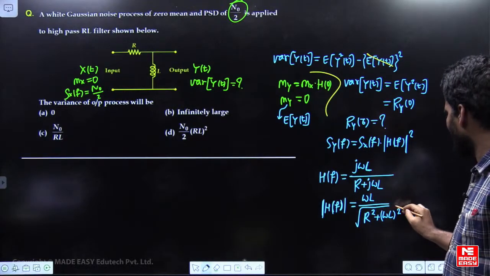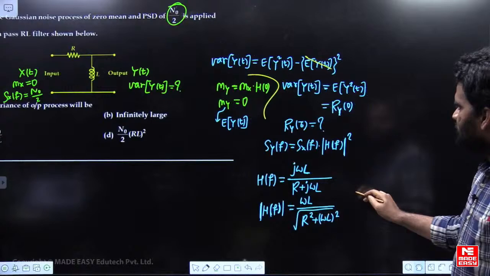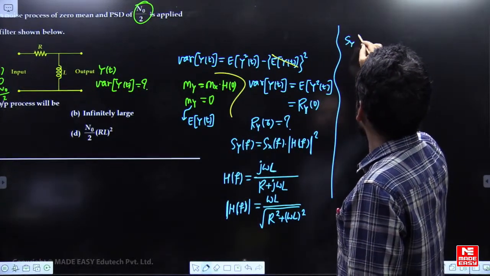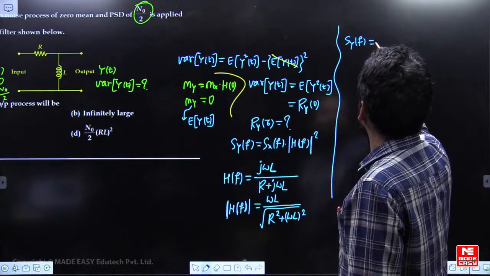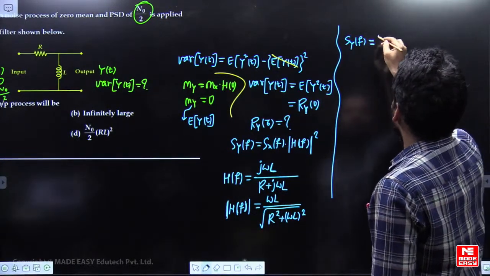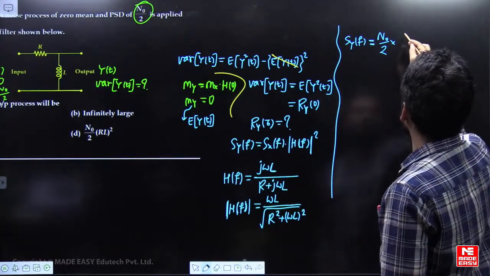Then the output PSD, Sy(f), is equal to Sx(f), which is N0 by 2 only, into mod H(f) square. If you square it,